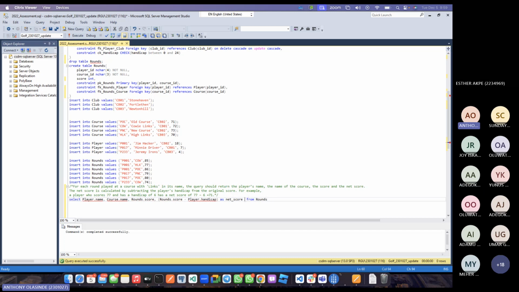From round, and you need to bring in all the tables. So player, course, round. You can give it an alias, course C, player P, right? So the first thing you need to do when you are joining multiple tables like this is to find a way to also join their where. So we know that round has player and course, so we can easily use round to join everything together. So we can say round